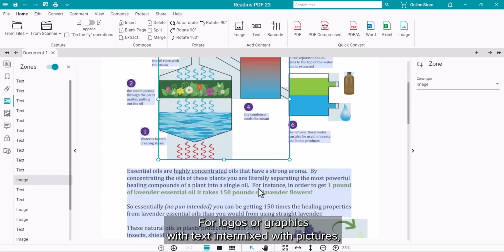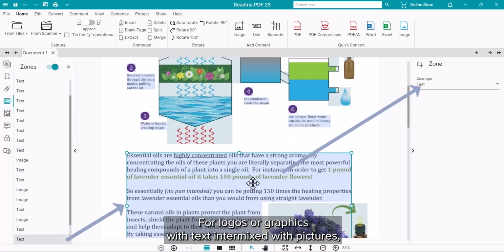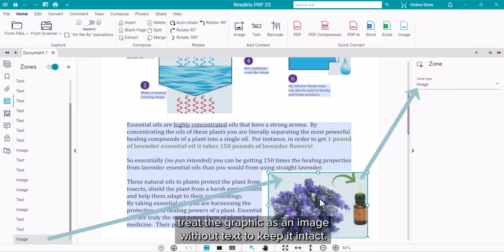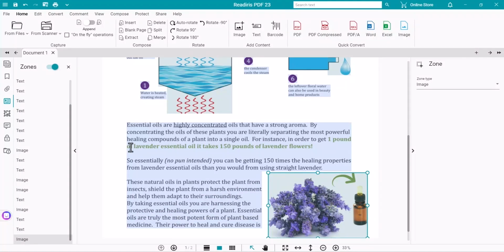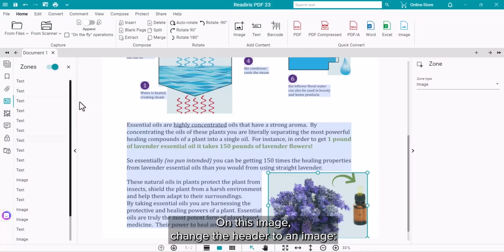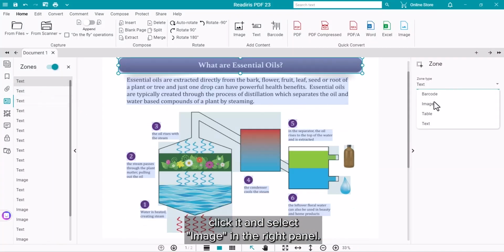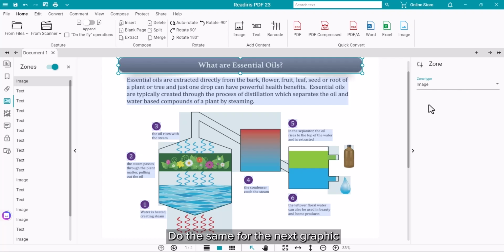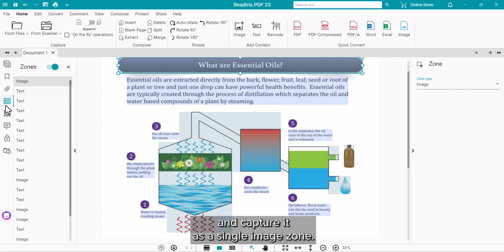Particularly with logos or graphics which have text intermixed with pictures, the whole graphic should be treated as an image without text, so it arrives intact. On this first image, we want to change the header to an image by clicking on it and selecting Image in the right panel. We want to do the same for the next graphic and capture it as a single